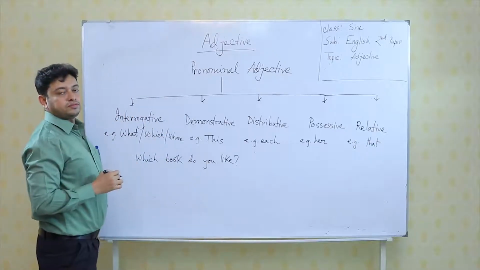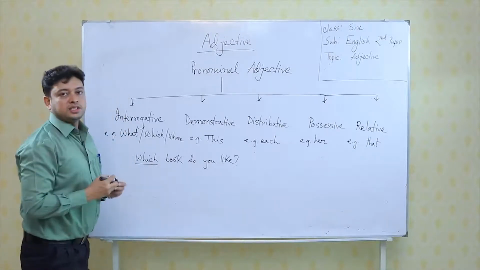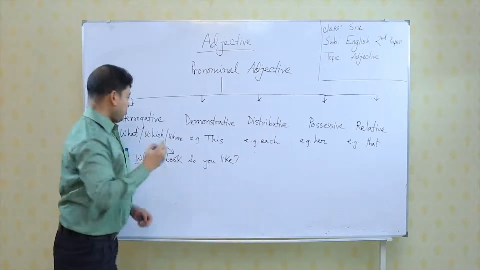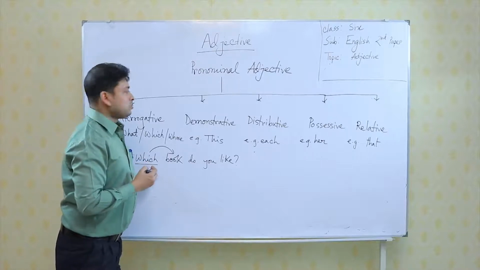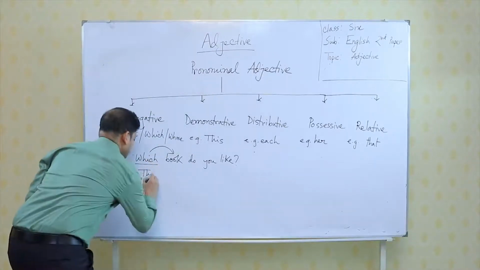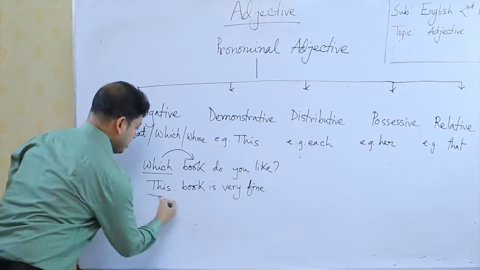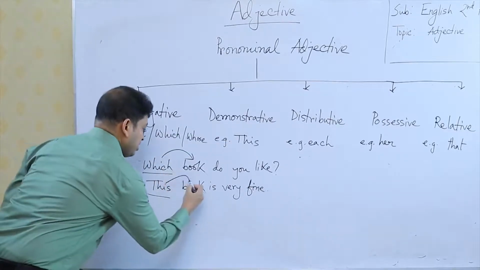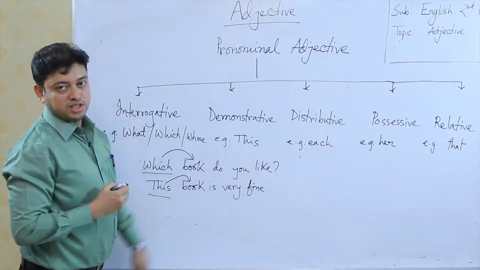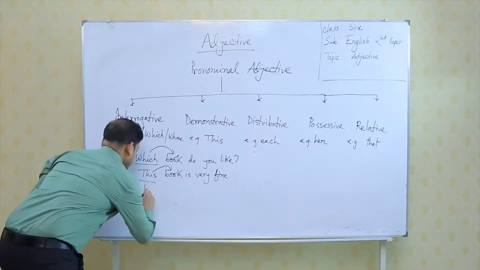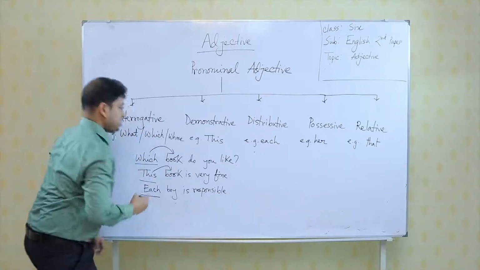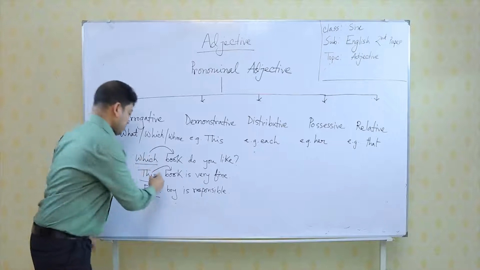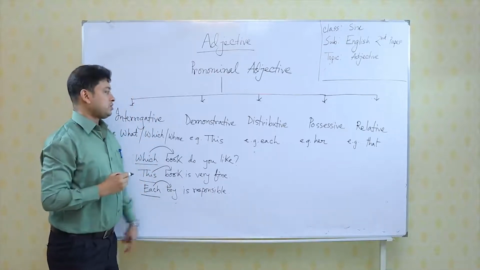This is a sentence. Now, ideally this is a pronoun, but here it is qualifying the noun book, so it becomes interrogative adjective or pronominal adjective. Ideally this is a demonstrative pronoun, but here it is qualifying a noun, it becomes demonstrative adjective or pronominal adjective. Each is distributive adjective. Here ideally this is a pronoun, but here it is qualifying the noun boy, it becomes distributive adjective